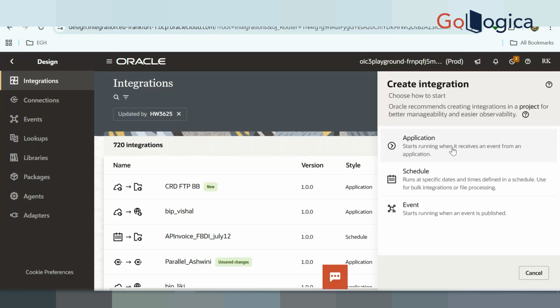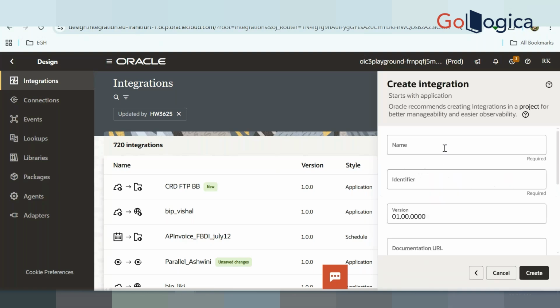Whenever you want to start your integration, with SOAP or REST or anything, the starting activity will be a trigger. The starting invoke will be a trigger connection.